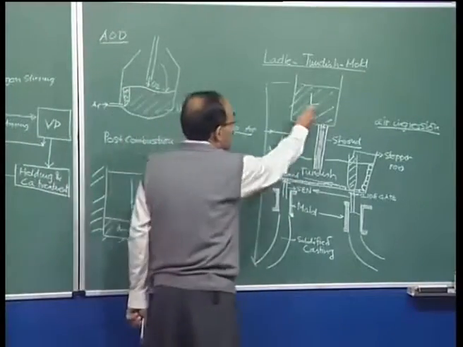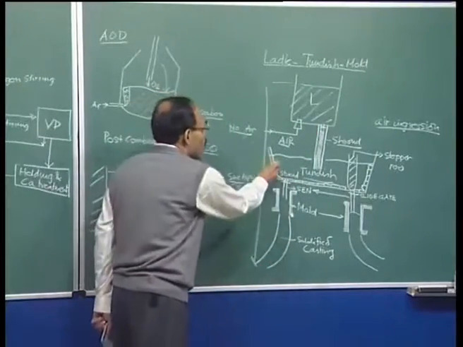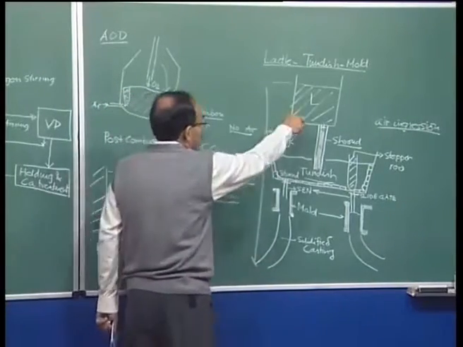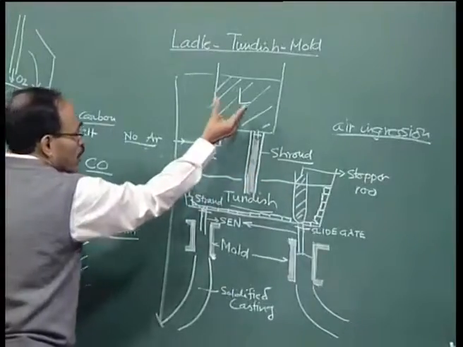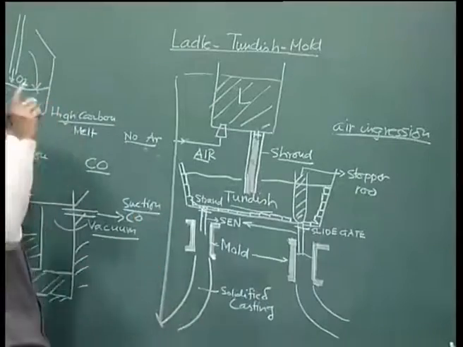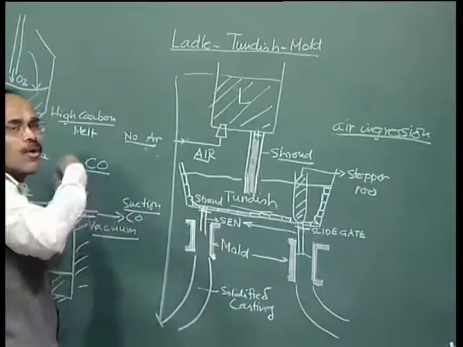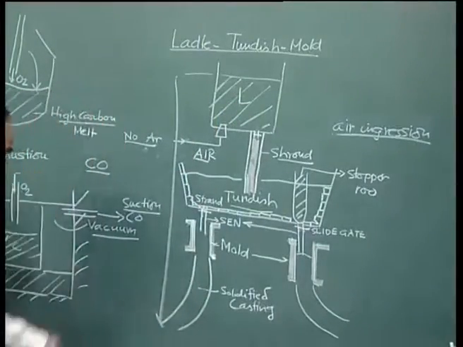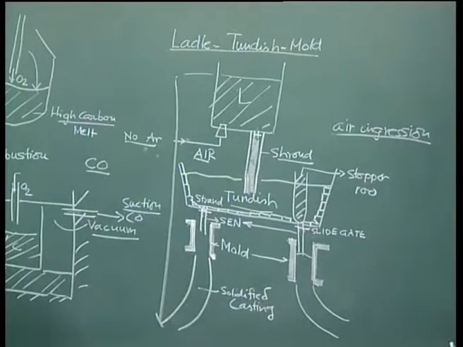It can take about 16 or 17 ladles, maybe 20 ladles, sometimes maybe 8 ladles, depending on the condition of the plant that we are talking about. One ladle is brought here, and then as soon as this ladle is emptied, the fresh ladle comes, maybe with the same composition or different composition, but the tun dish can still go on. So, we can go ladle after ladle, and the tun dish can work for about 16 or 17 ladles or 20 ladles, as I have mentioned, depending on the quality of construction and the refractory bricks with which the tun dish